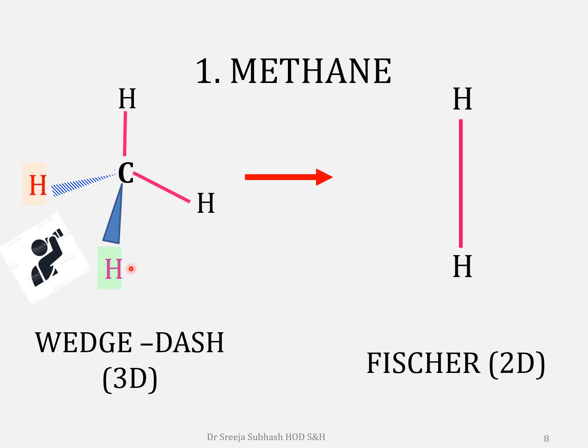right hand side. Well, when we convert this into a Fischer projection, these two go to a horizontal line retaining their position. Left hydrogen goes to the left hand side and right hydrogen goes to the right hand side. So this is a very simple and a very useful representation, Fischer projection. Later on we're going to see that this will come very handy, especially when we assign notation like RS notation,